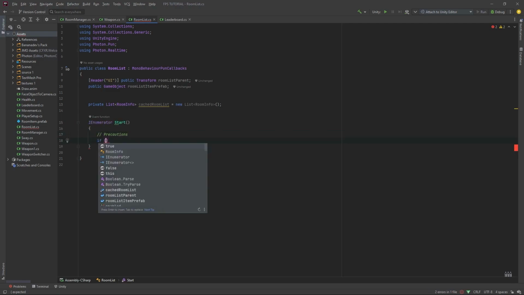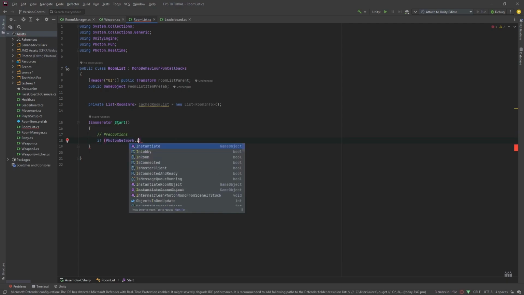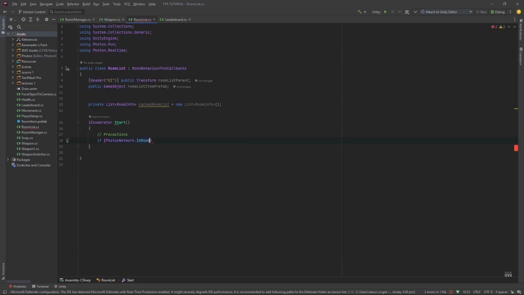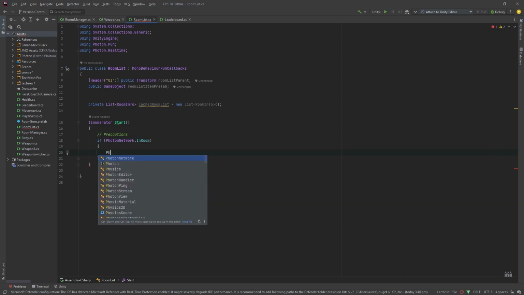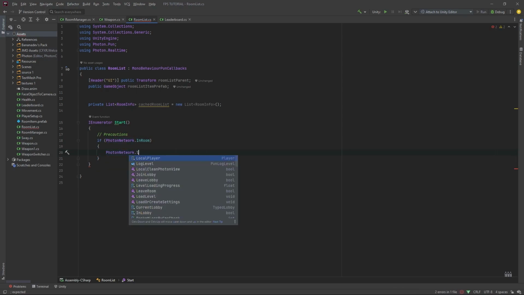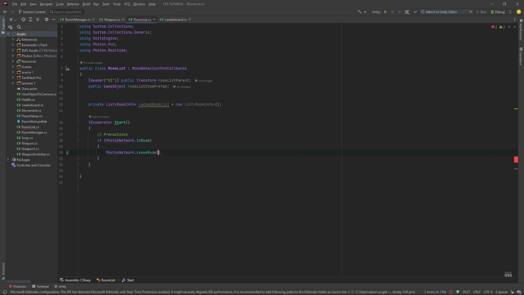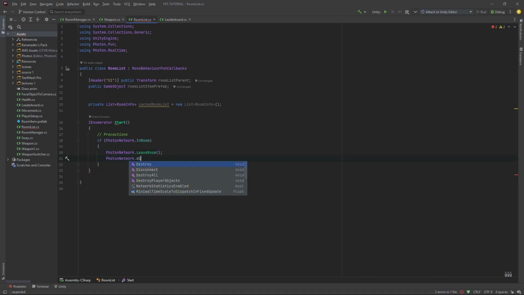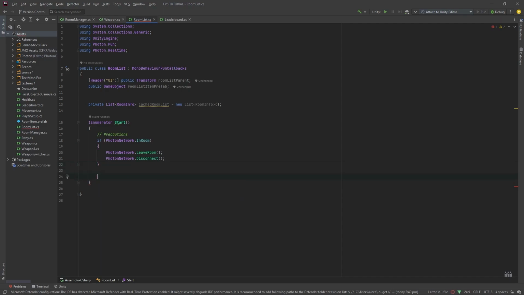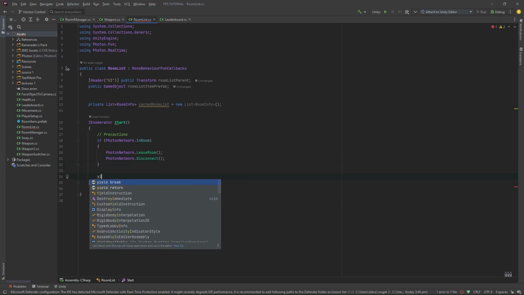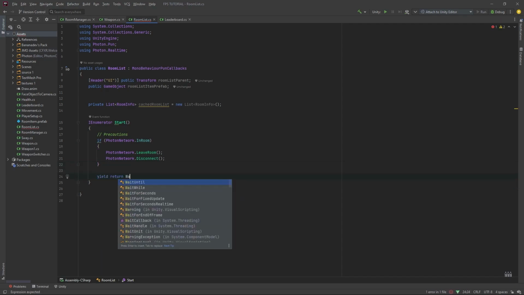If PhotonNetwork.InRoom, let's just disconnect. So we'll do PhotonNetwork.LeaveRoom, PhotonNetwork.Disconnect, and we'll do a yield return WaitUntil,